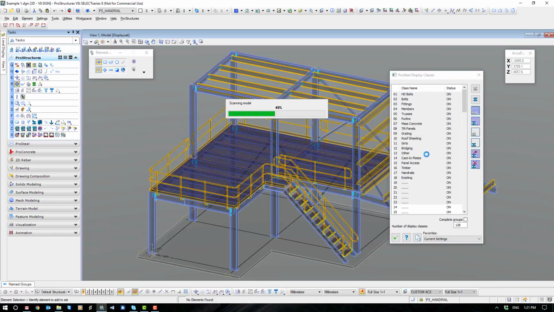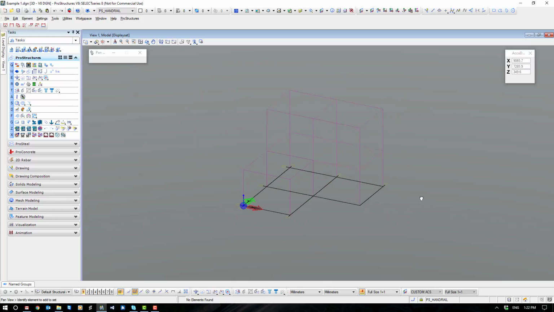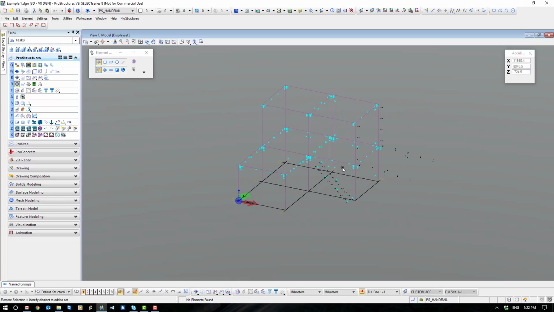In this instance though, I'll start by turning everything off. In this instance we don't have any hold down bolts, so don't worry about that. Alright, so we'll move straight to bolts. We'll turn that on, and then what we're going to do is create a part list of